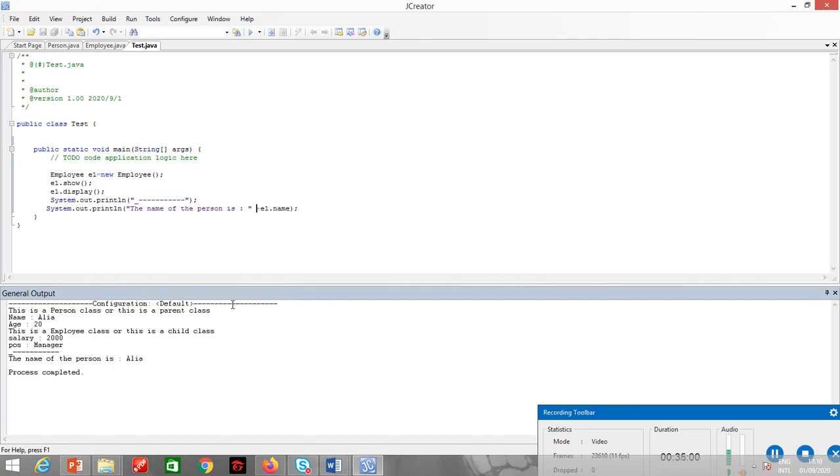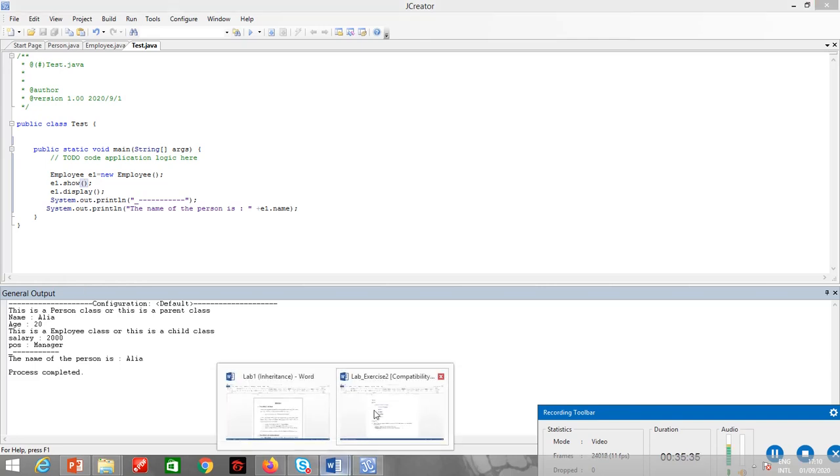This is how you can access the data members. If it is a method, just use the child class object followed by the method name, and if there are any parameters, pass the parameters. But if it is a variable, just write the name of the variable. You can access the variables from the child class just by the child class object followed by the name of the variable defined in the parent class. So this is how the simplest program of inheritance works.